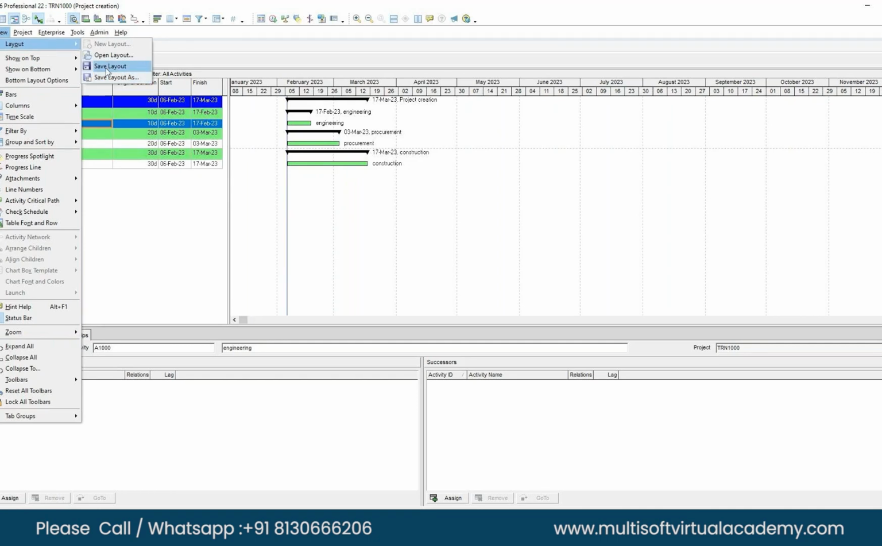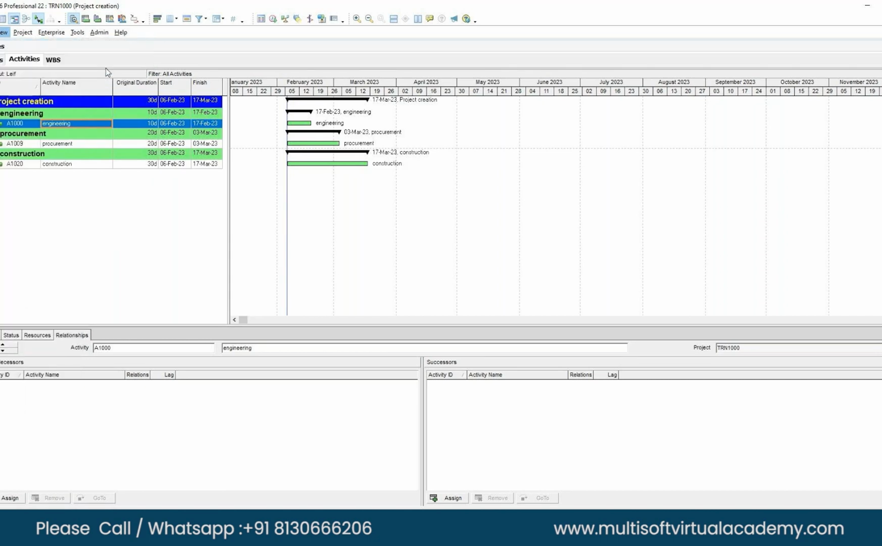Yes, just save the layout. We want to save it in the existing layout. We don't want to make a copy of that. Okay. Now engineering is my first activity,